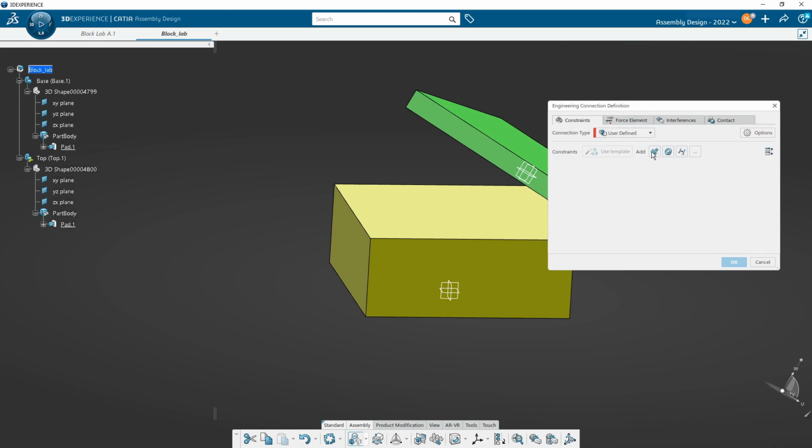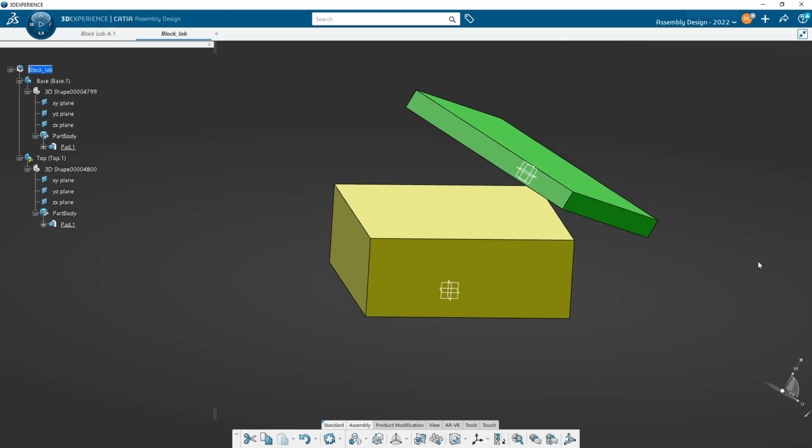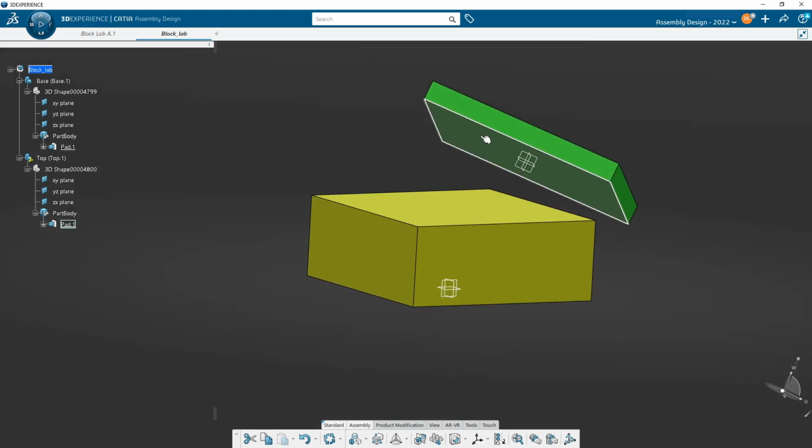I also have this. Look at these guys right here. See these guys? Okay. I also have them. You might remember it from before. If I pick this, remember when I went for the compass? Well, there's one of them, contact. So if I go here and I pick Engineering Connection,